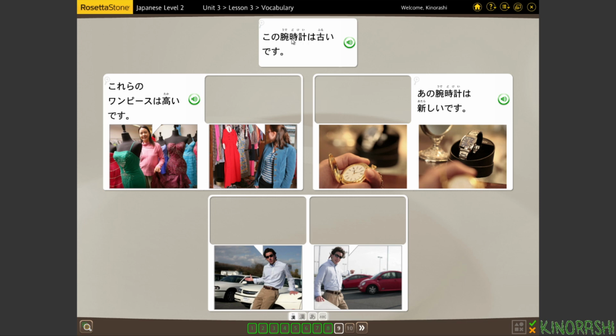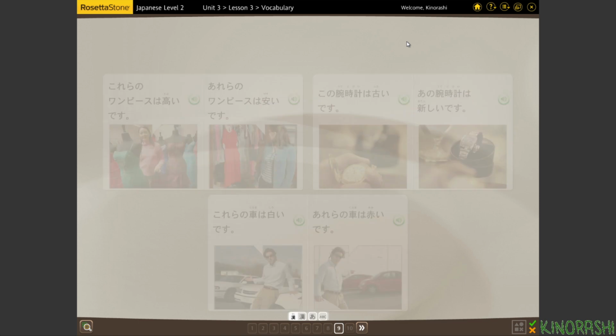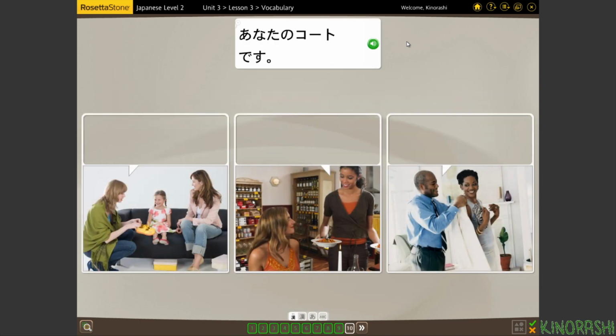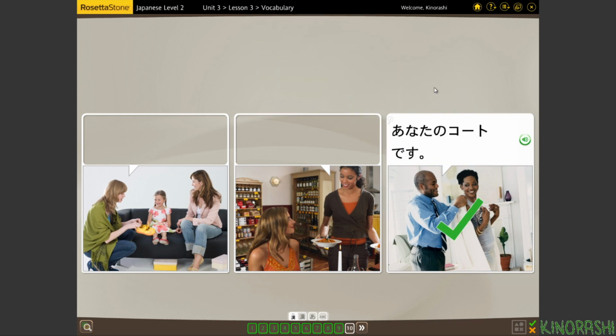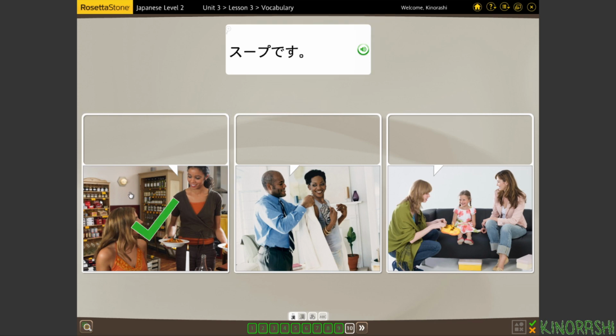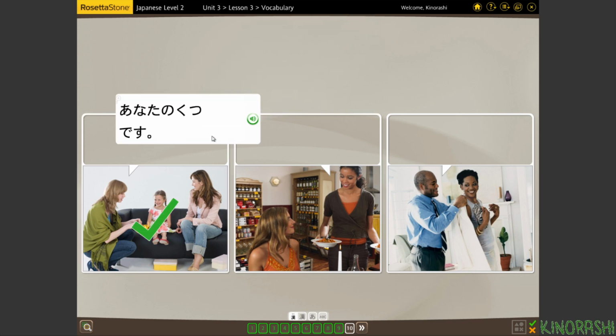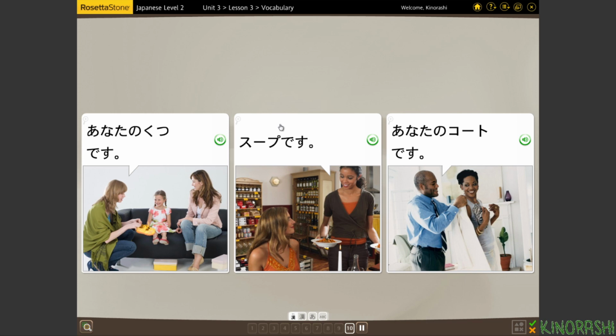Then 腕時計. So, この腕時計は古いです。あなたのコートです。スープです。あなたの靴です。